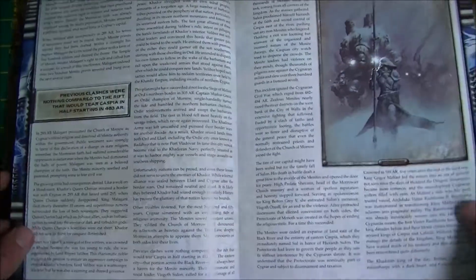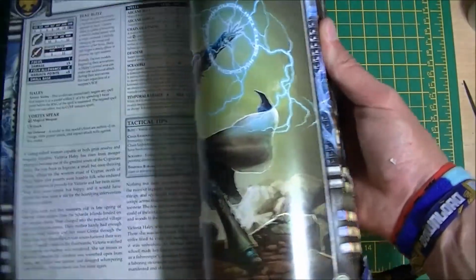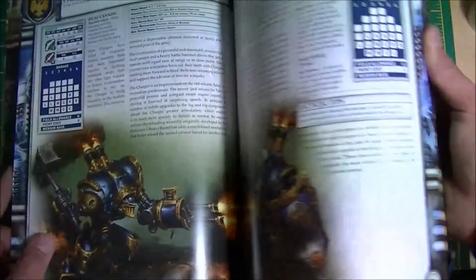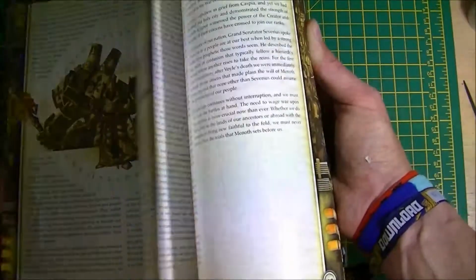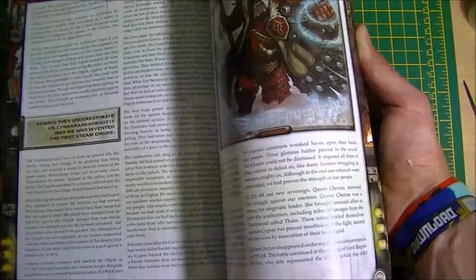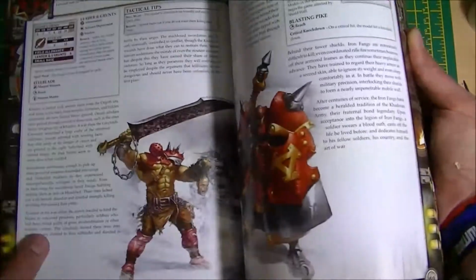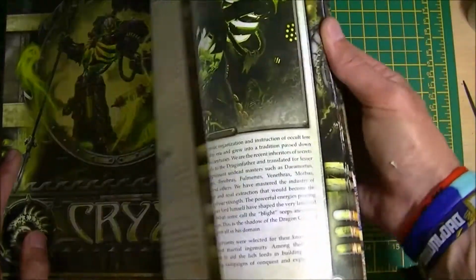So then in the core rulebook, the back history of each race is in here. So this is Cygnar's at the moment, or each faction rather than race. And then they have the basic characters, warcasters, sorry, jacks and units. So that's Cygnar, Menoth, again, background, warcasters, units, jacks, Khador, background, warcasters, jacks, units, Cryx, who are going to be my guys, again their background,